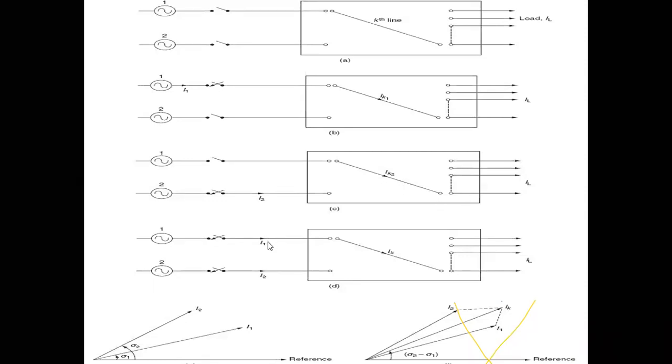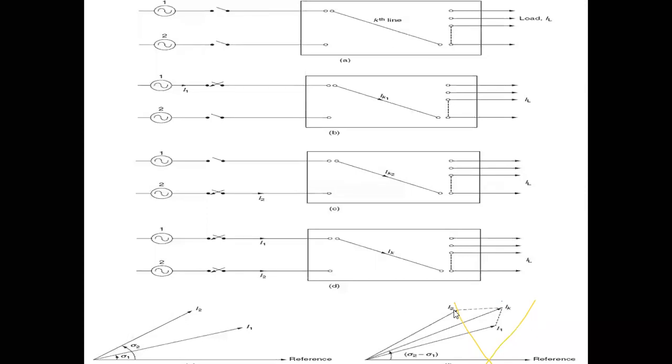And similarly, when you observe here I1 and I2, I1 is the current drawn from source 1 and I2 is the current drawn from source 2. But practically, what we can observe here is that there will be some displacement between I2 and I1 with respect to the reference. So when you consider the first phasor diagram, the phasor difference between I1 and the reference is sigma 1. Similarly, between I2 and the reference it is sigma 2. And between I1 and I2, the phasor difference is sigma 2 minus sigma 1. This is very, very important in the coming derivation.